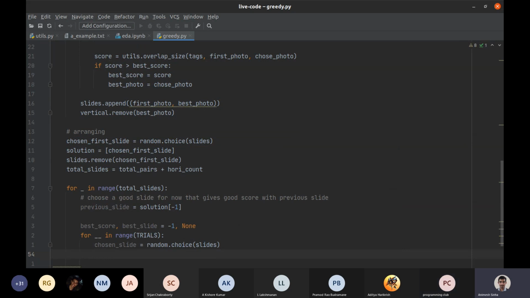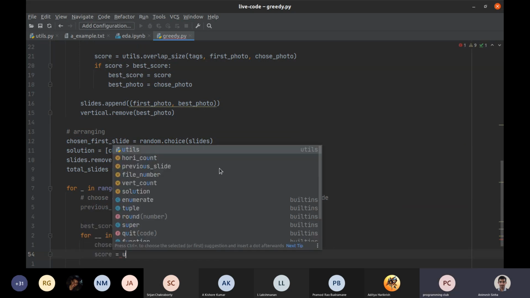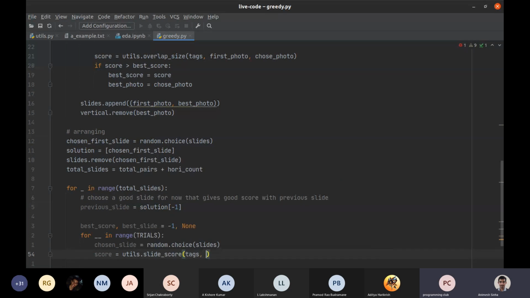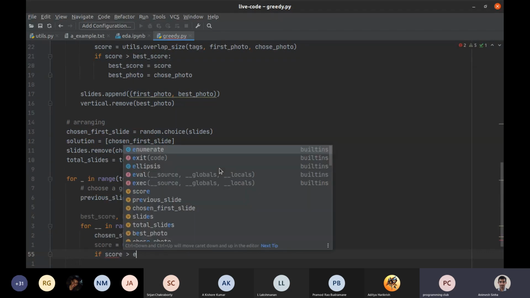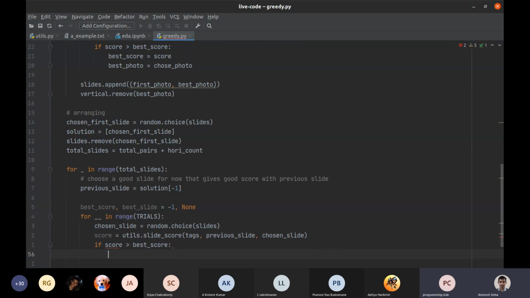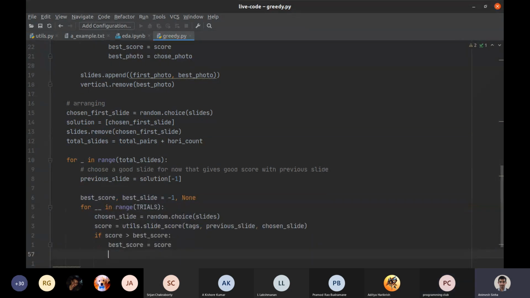For each of the previous slides, he'll pick one random slide and he'll try to keep finding a trial number of 1,000 random future slides that he wants to guess on. And once he has iterated through those 1,000 random slides, he'll do the exact same thing that we just did in the first part, which is maintain a best slide and a best score, and whichever slide gives you the best score, you just go with it.